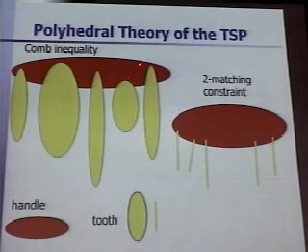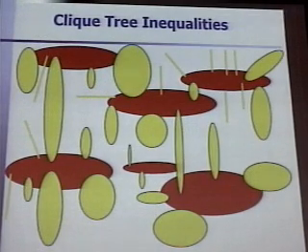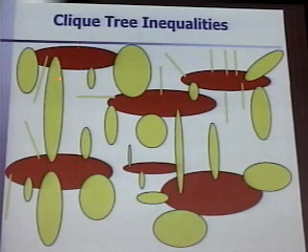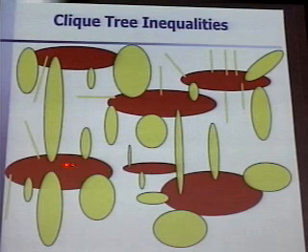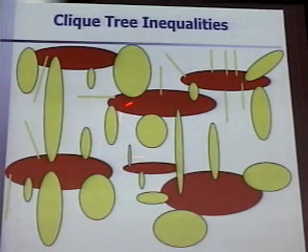You look at these figures. There's a red ellipse and some yellow edges. Let's call a red one a handle and a yellow one a tooth. And here is something more complicated. It's a clique tree, and it has some properties. Namely, a red one and another red one never intersect, a yellow and a yellow never intersect. If you have a red one, it meets an odd number of yellow ones, but always at least 3. And so on. There are some more connections.